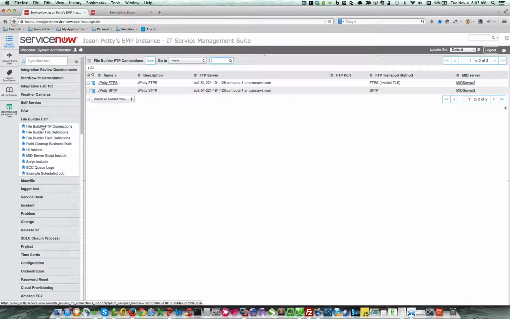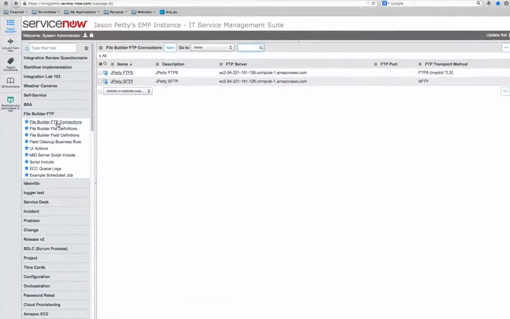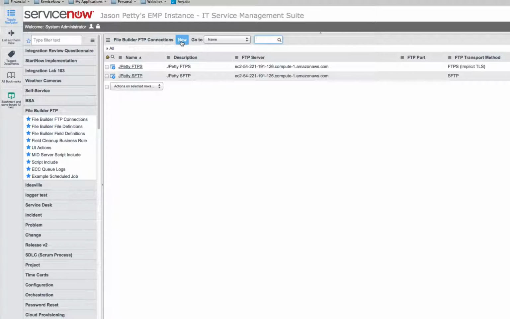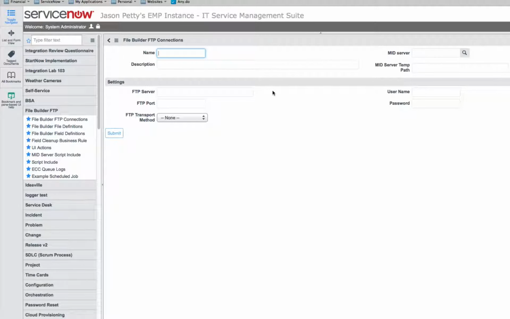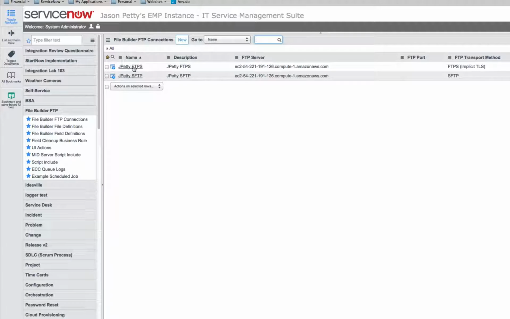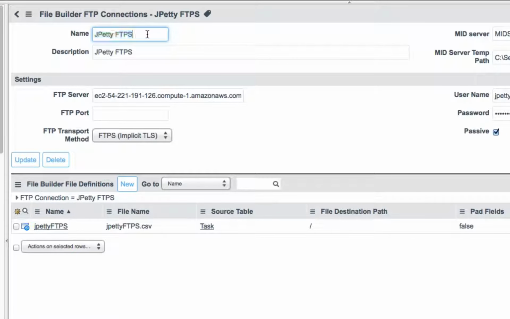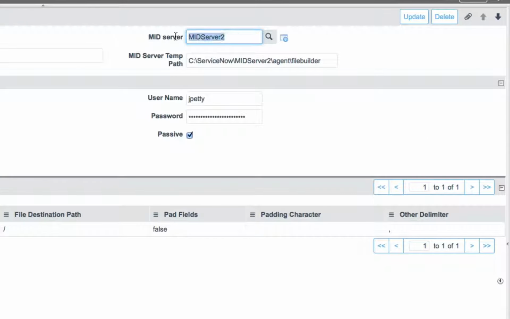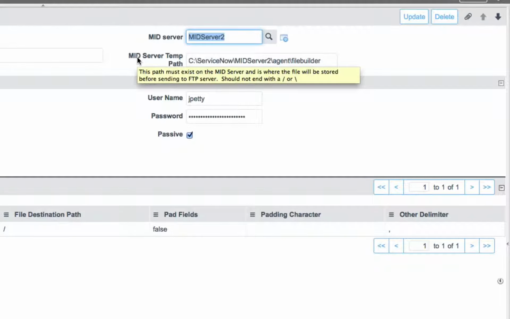So the first step is to create an FTP connection object. You just come to this module, you click New, and you fill this information out. Now I'm going to go back to one that I've already created just to save time and show you what information gets filled in. So the first thing is a name. You just name it, and this is just for inside the ServiceNow instance reference. You can give it a description. You pick a mid server that the file is going to go through,